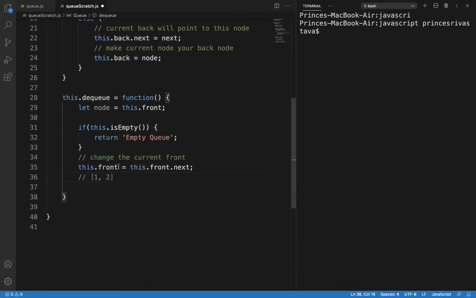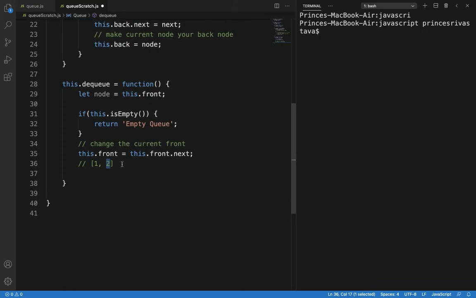Now you want to delete, so first of all let's take 2 as front and 1 as back.